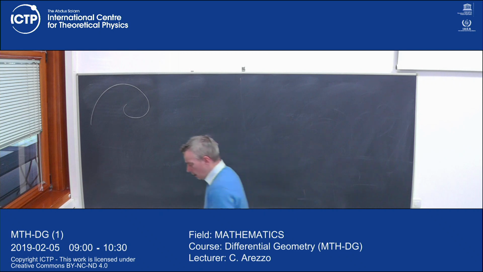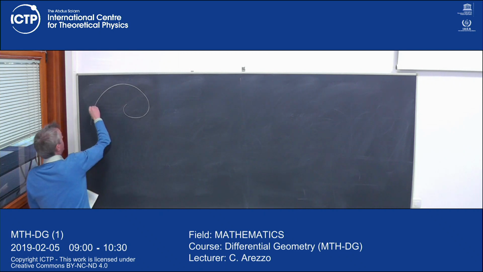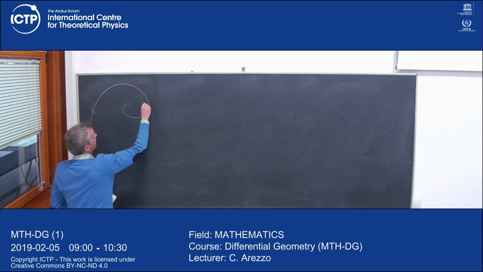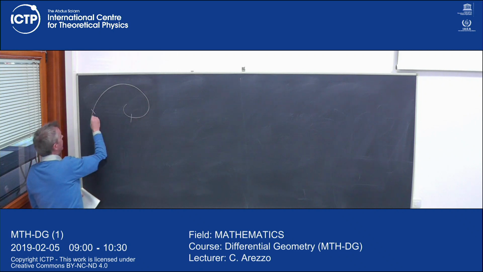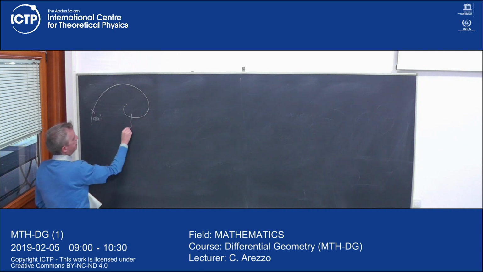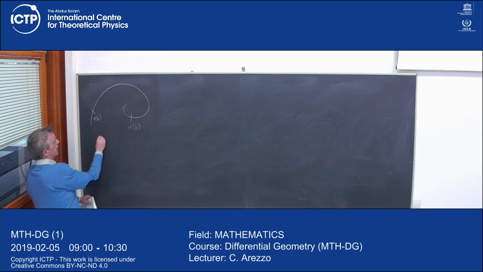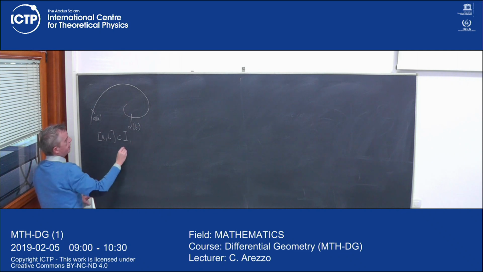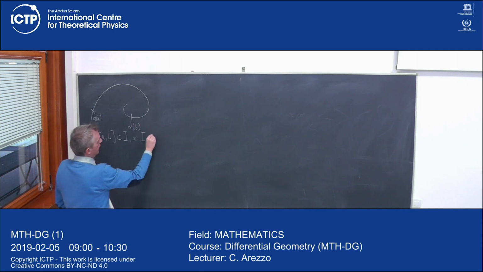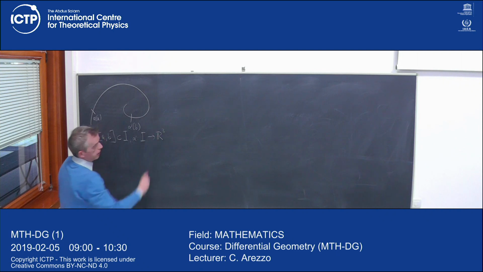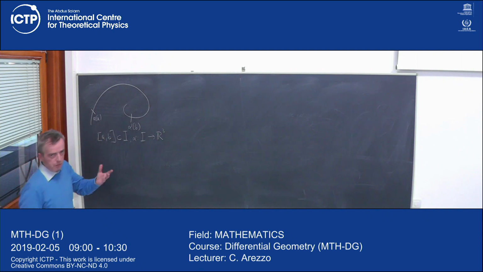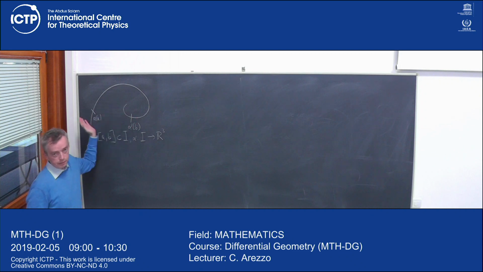So the image, let's say we take the piece between here and here, where this is alpha of A and this is alpha of B. So what I mean is that I'm assuming that the interval, and actually I'm moving from left to right, AB is contained in the interval I and alpha is a curve from I to R3, okay? And the question is, how do I compute the length of the piece of the curve between A and B?